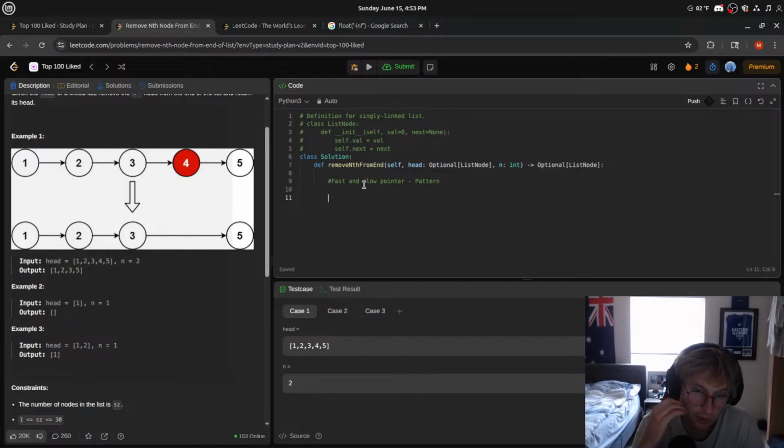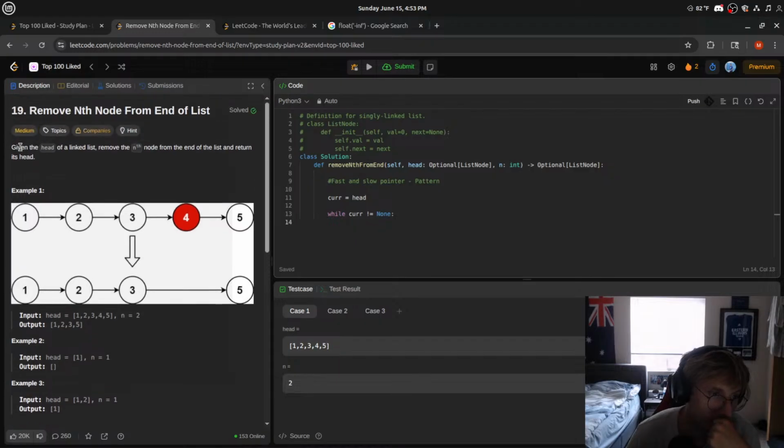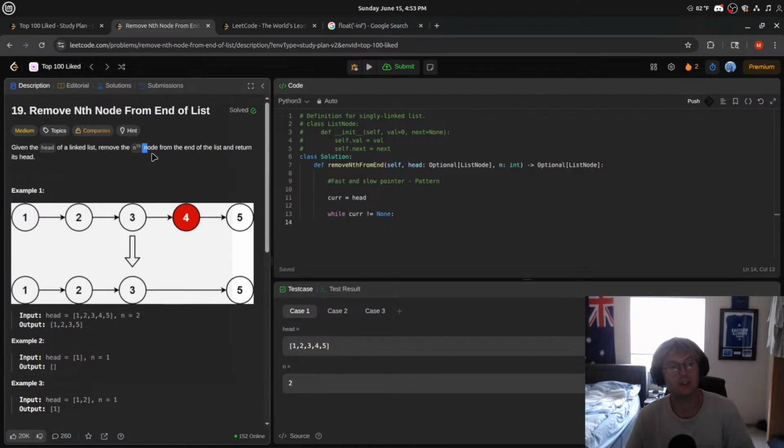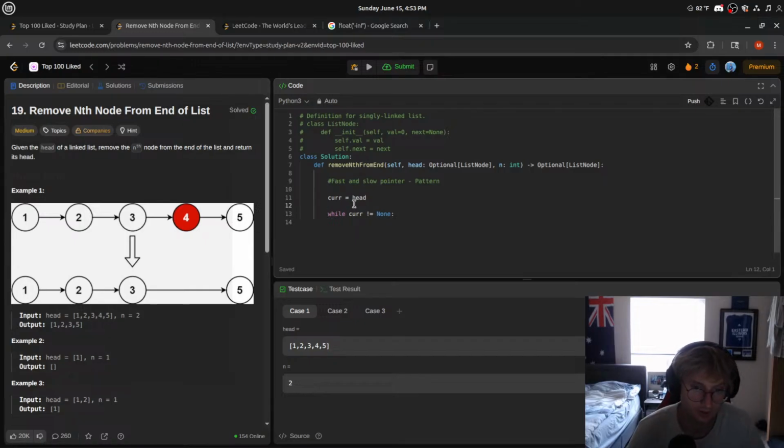What we want to do here is we probably want to loop through. Let's make a cur pointer. We'll do while cur does not equal none. What we want to do here is figure out, given the head of a linked list, remove the nth node from the end of the list and return its head. So if we keep going and we maintain a pointer, let's say cur2 is equal to head.next, right? We can keep looping, right? So we do, okay, well,